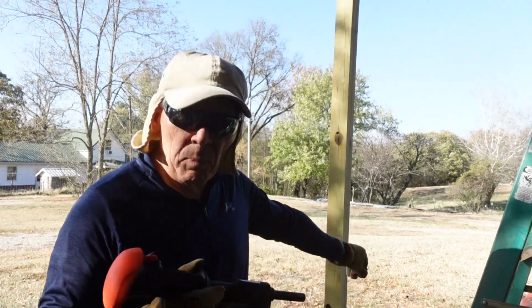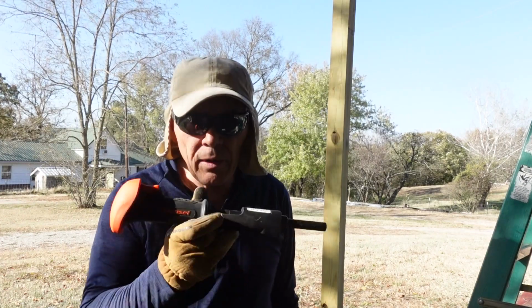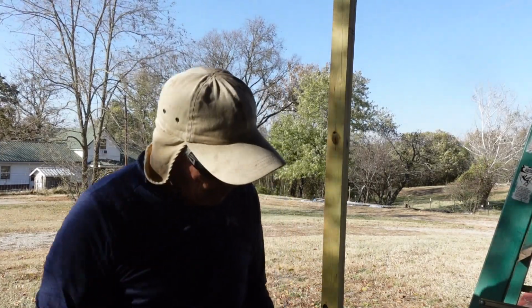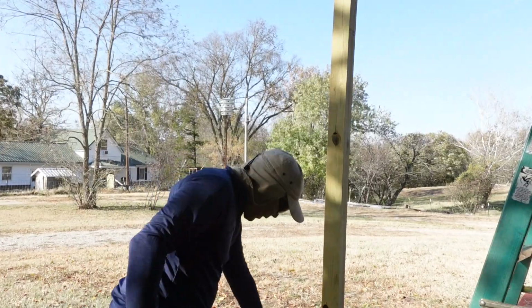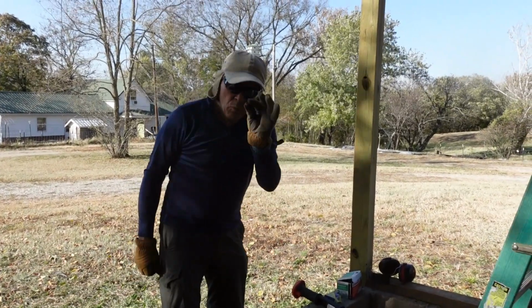Getting ready to fasten this board down to the concrete base, and use a Ramset, is what it's called. We learned about it. It's pretty amazing. So first we pull it back. Let me show you first. I've already done this, so I don't have to show you, but if I had a hammer, what you do to be sure